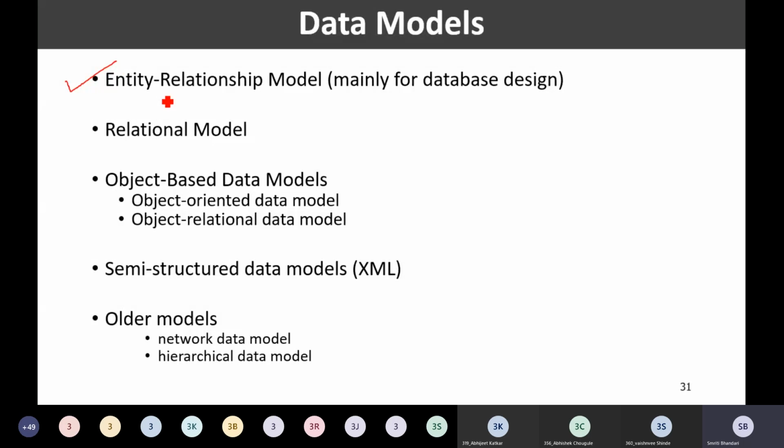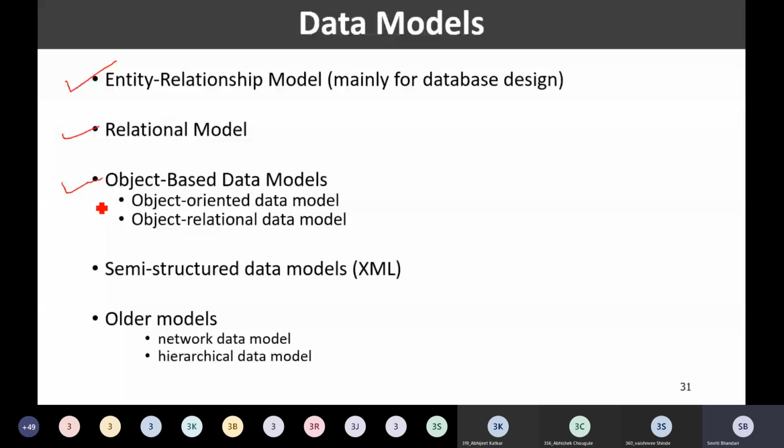So the very first model, the entity relationship model, is a way to design our database system, a pictorial representation of our database made by making use of the entity relationship model. In the relational data model, what do we have? We are storing the data in tabular form, right? And for the same type of data, I have some kind of fixed structure to store that data.